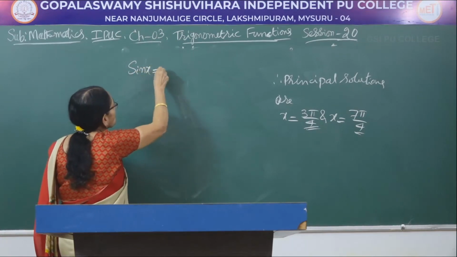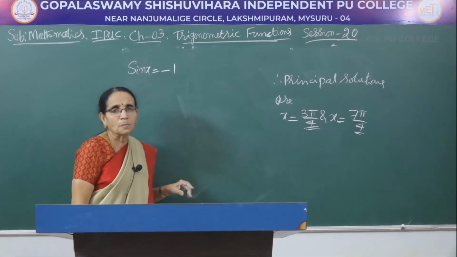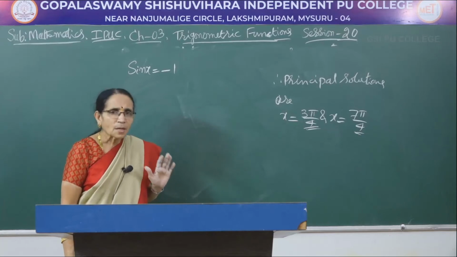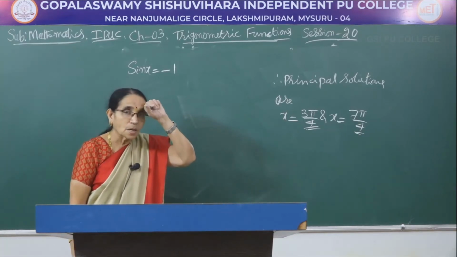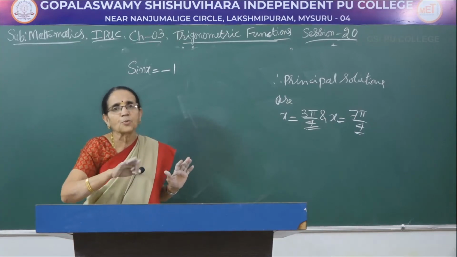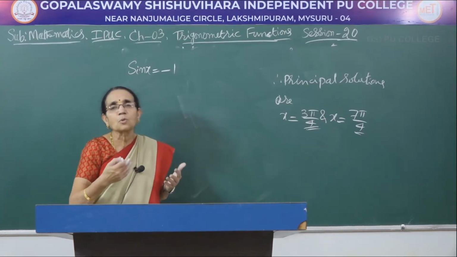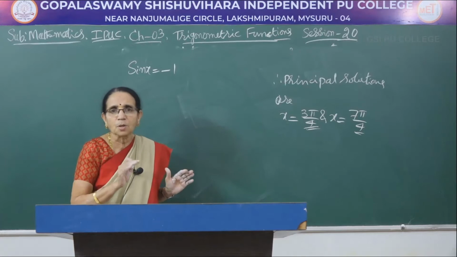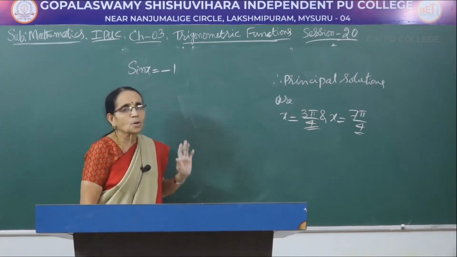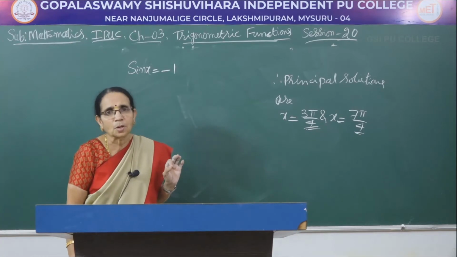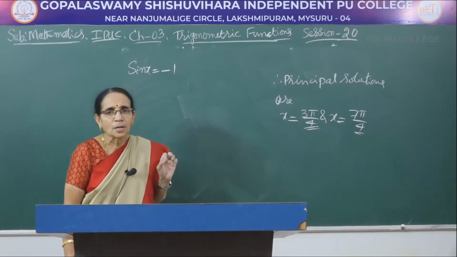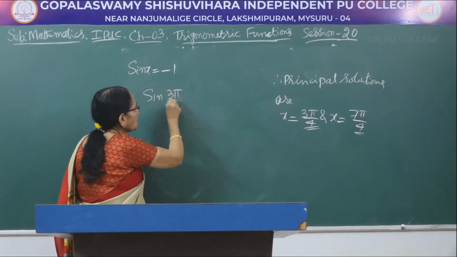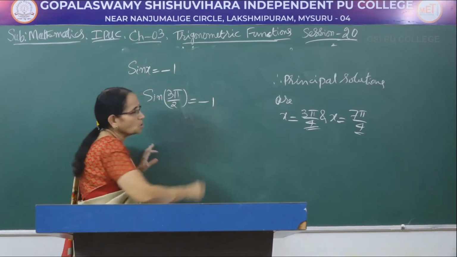Now, take another equation. Sin x is equal to minus 1. I hope you remember in the previous session I had considered sin x equal to plus 1. See, we are considering the solutions between 0 and 2 pi. That is only in the first 4 quadrants. If you go on taking, there will be an infinite number of solutions. So, we confine the solutions to the first 4 quadrants, 0 to 2 pi. Now, sin x equal to minus 1 has got only one solution, because you know that sin of 270 degrees, or if you write in the radian measure, sin 3 pi by 2 equal to minus 1.